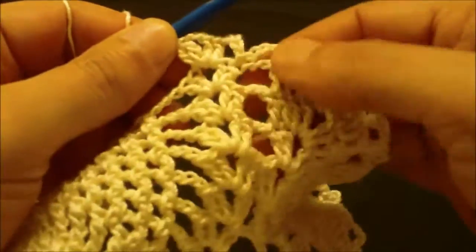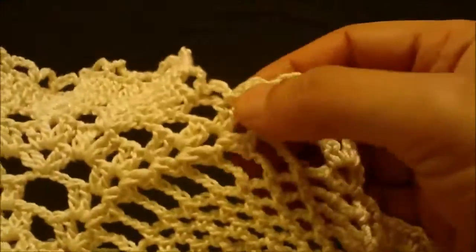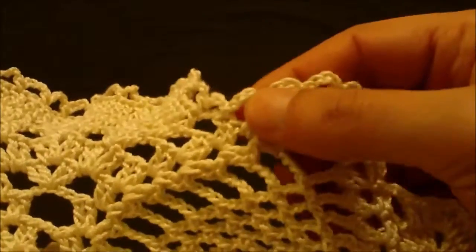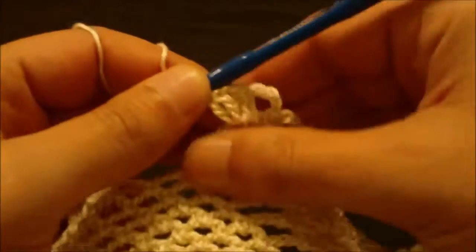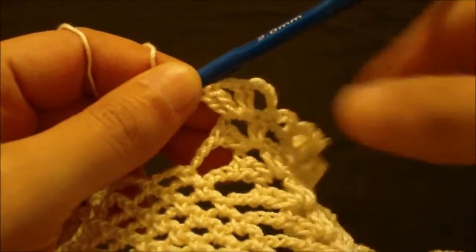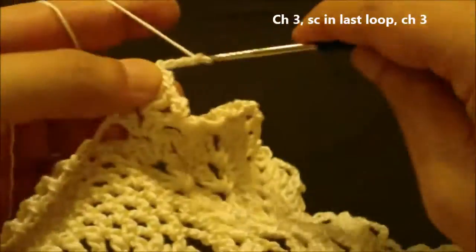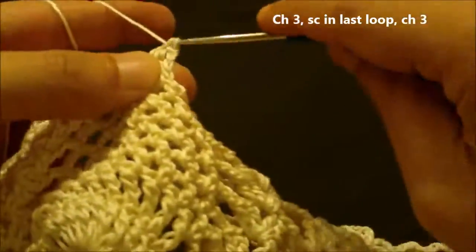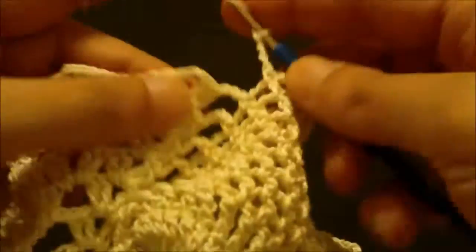Okay, now here we have a loop like here on the opposite side. Okay, when we finish the round we will do the loops here. So we did here the loop. Okay, now we will chain 3, 1, 2, 3, and then we will single crochet on top of the loop of the pineapple, and then we will chain 3, and we will work a shell over shell here